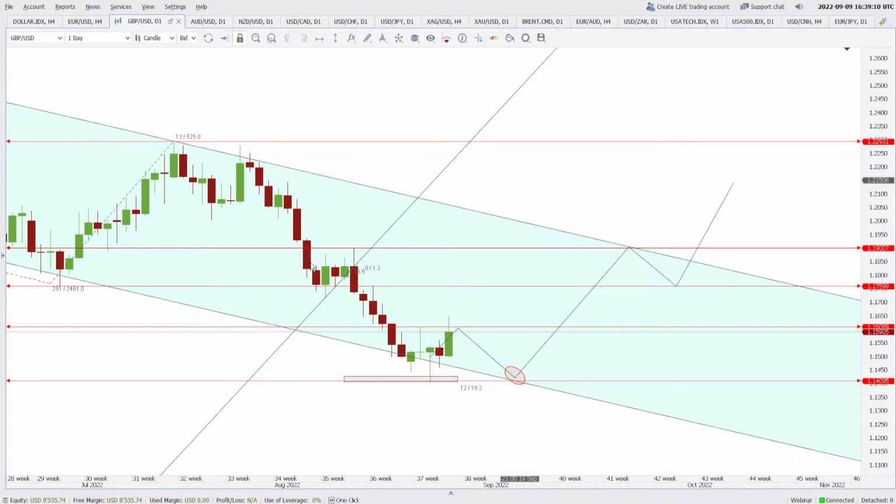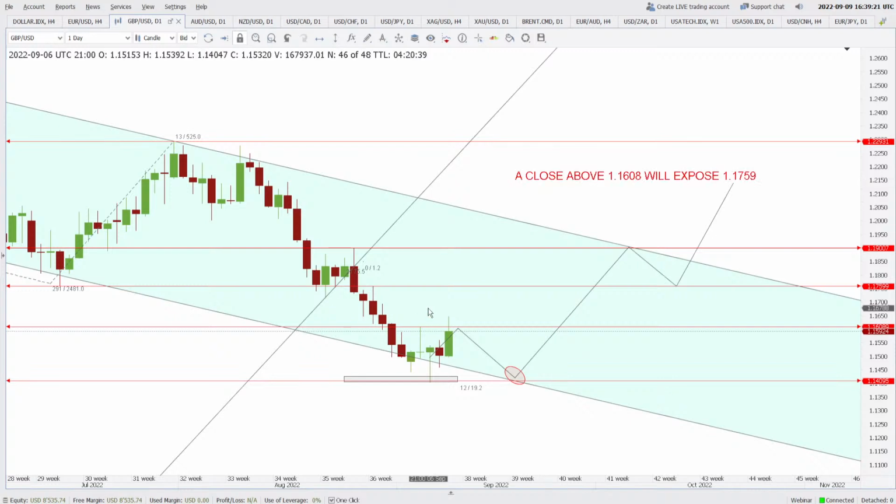I must write this on my sheet that a close above 1.1608 will expose 1.1759. All right, now till the time we don't see a close higher than this one, 1.1608, I don't think